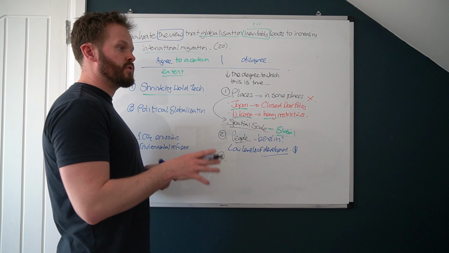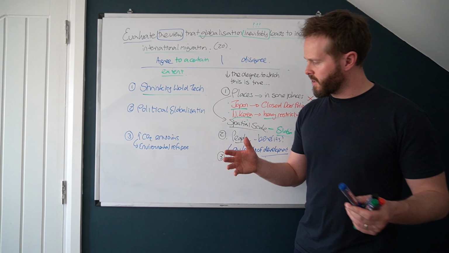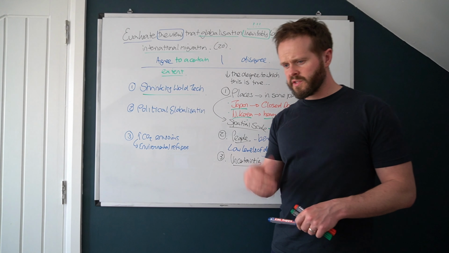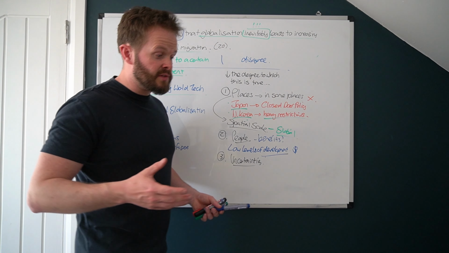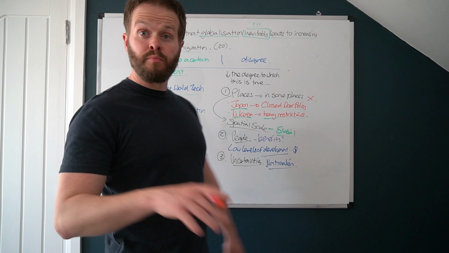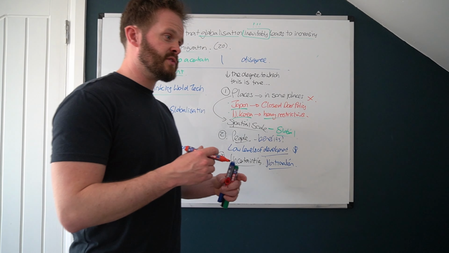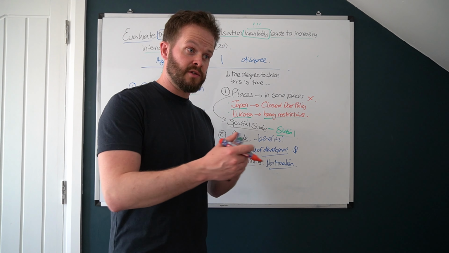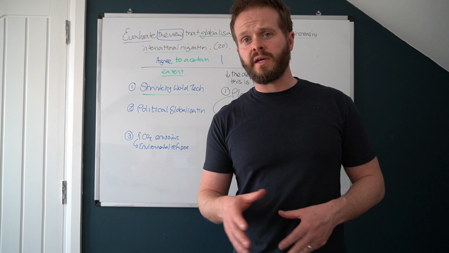Finally, let's go with uncertainties and future uncertainties. It's uncertain going forward, isn't it? Particularly in the current climate, whether globalization will continue to lead to increasing levels of migration. Because increasingly what we're seeing is the growth of nationalism, the tightening of borders between the US and Mexico, Brexit, the UK has withdrawn itself from the European Union. That is going to lead to a decrease in intra-EU migration. So remember, and as you can see, there's always going to be a counter argument.